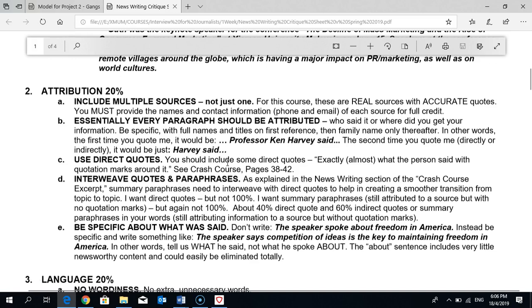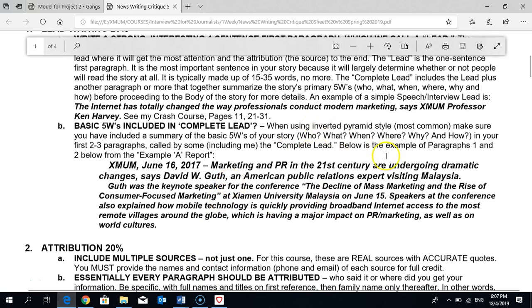And then be specific about what was said. We don't want to use what I call an "about" paragraph. In other words, you're saying what they spoke about, which is boring. Very rarely do you say what they spoke about. You instead say what they said. It may be a paraphrase, but you're still saying it, such as the lead I gave you, which is, in essence,